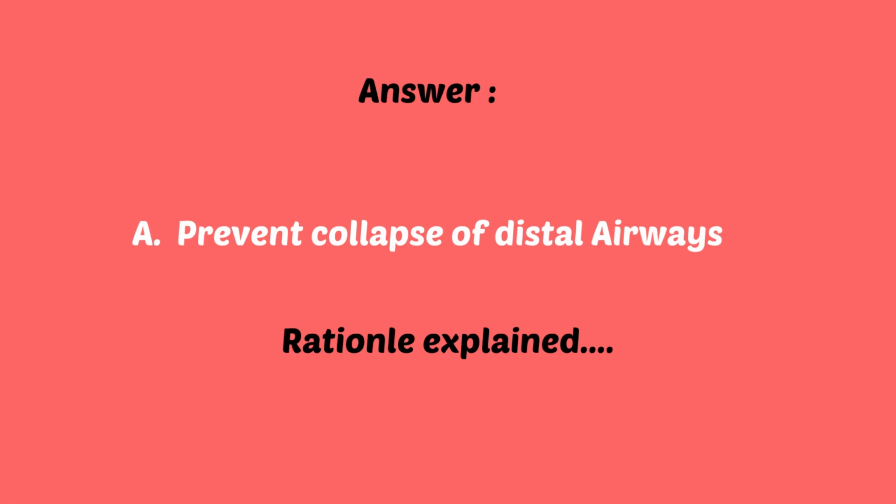If they close at the end of expiration, they're going to require a great deal of pressure to reopen. Okay, guys? So providing higher levels of PEEP allows airways to stay open, and it maximizes ventilation,